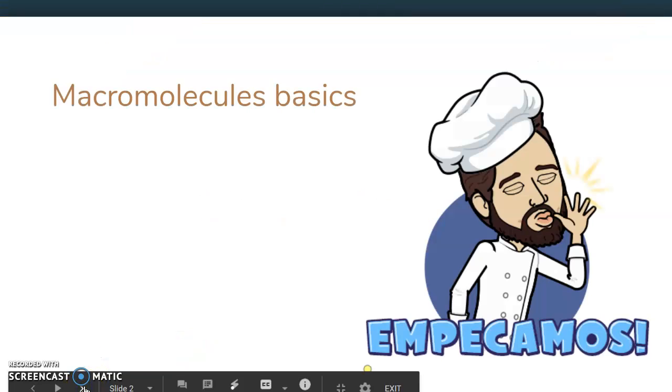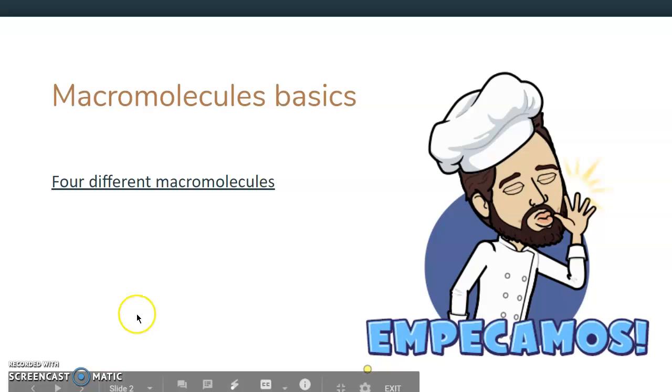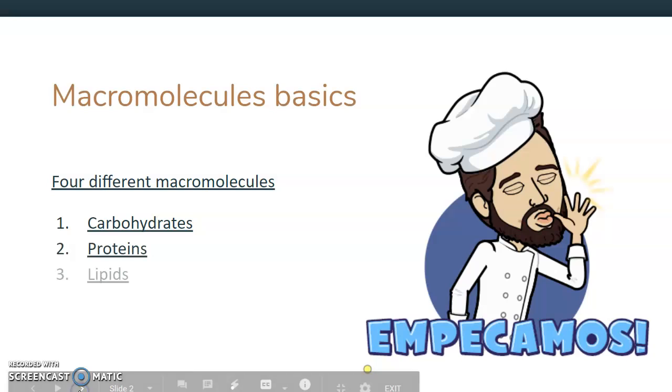Hello class, today we're going to talk about our macromolecules. A little bit of this will be some review, but a lot of new things and a lot of just different things to focus on from when we learned about a few of these before. So the first thing we're going to start with is learning which four molecules are our macromolecules, which are carbohydrates, proteins,